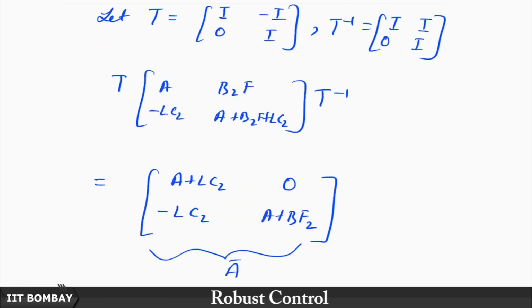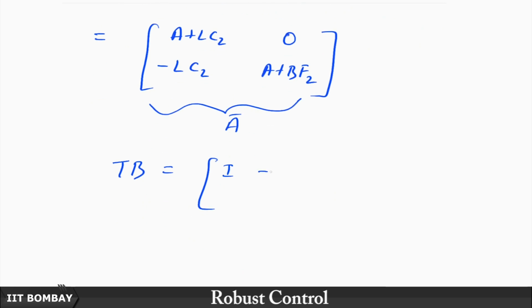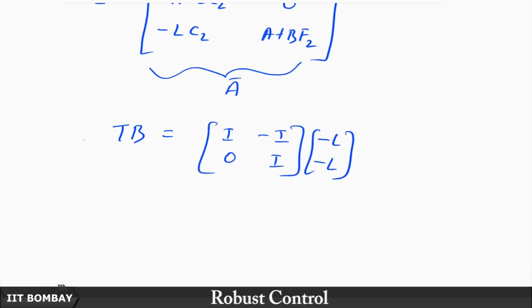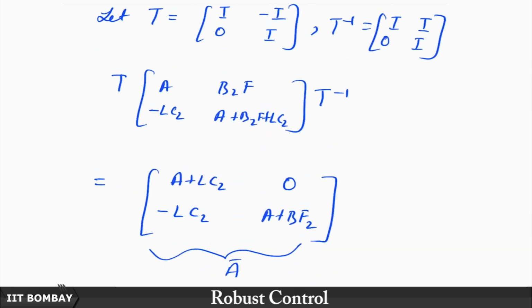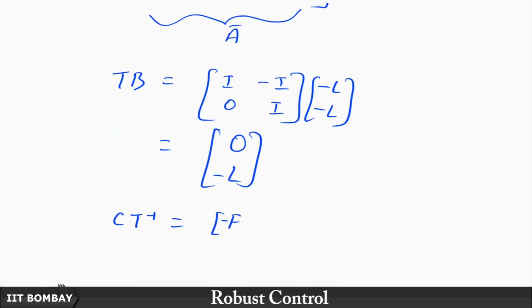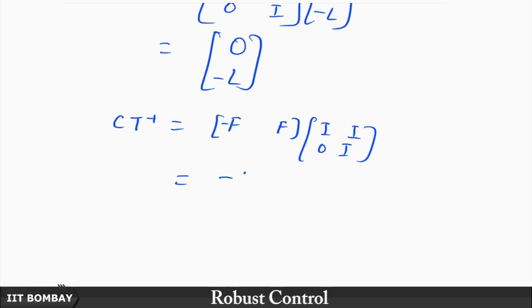That is going to be equal to, what is T? [I, -I; 0, I]. So that is going to be equal to [0; -L], and for C T inverse, that is going to be equal to minus F and F, [I, I; 0, I], minus F,